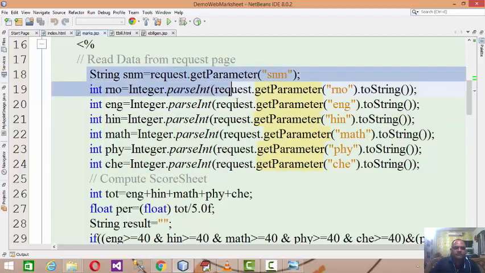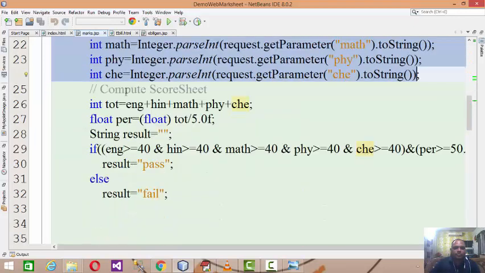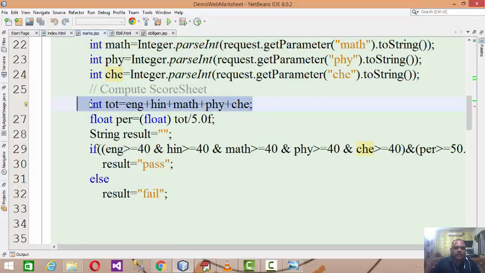After reading this data from the client page, I have to use the expression now. This is the expression for computing the total. So int total equals all the subject marks added. Then I write the expression for evaluating the mark sheet, right? So total divided by 5.0f.